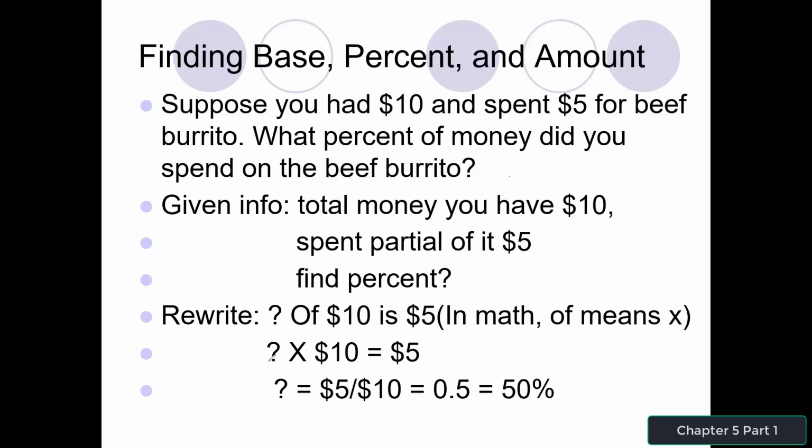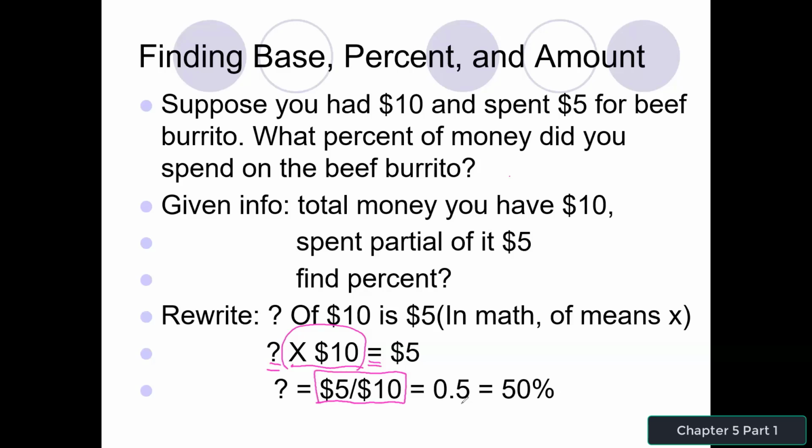And then we could rewrite this equation. If we want to find the unknown, we need to get rid of this times 10, right? So I can divide by 10 on the left side. If I divide by 10 on the left side, I can cancel this out. And this is an equation, equal sign. If I divide by 10 on the left side, I need to divide by 10 on the right-hand side, right? So this cancels out. Then here on the right-hand side, we have $5 divided by 10, and that gives us